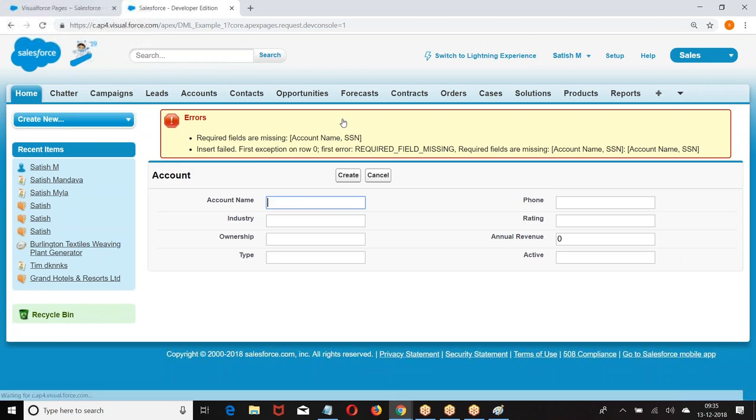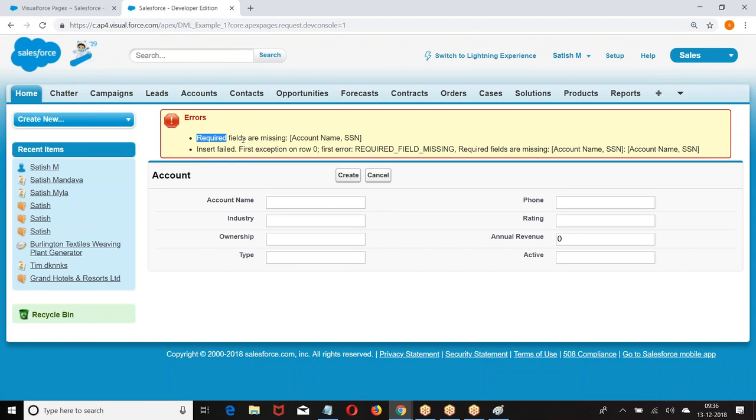So create: required field missing, account name. Are you getting my point here? Required field missing. Why? I told it to check whether there are any duplicate records with the same name. What is the value of the name I gave? Blank. Now there will be no records with the name called blank because the name is a required field. As there are no duplicate records, automatically it will try to insert. When it is trying to insert, the DML operation is failing. Why? Because name is a required field. The next one we had